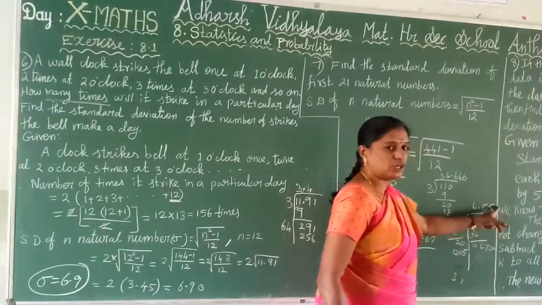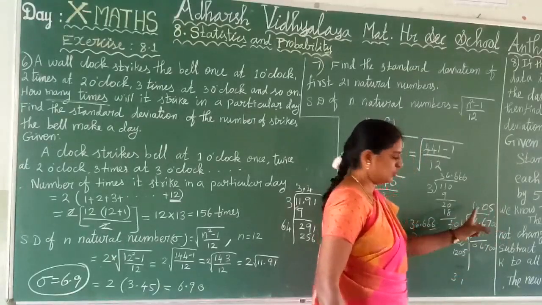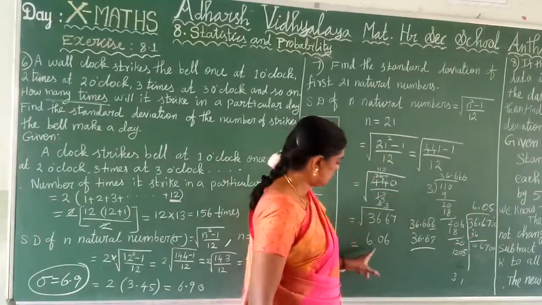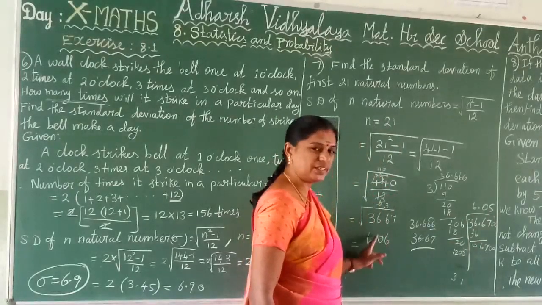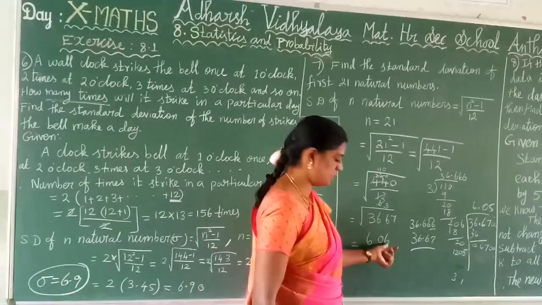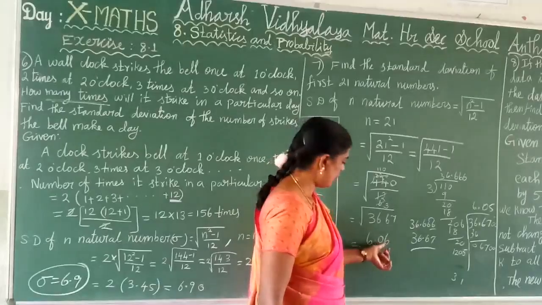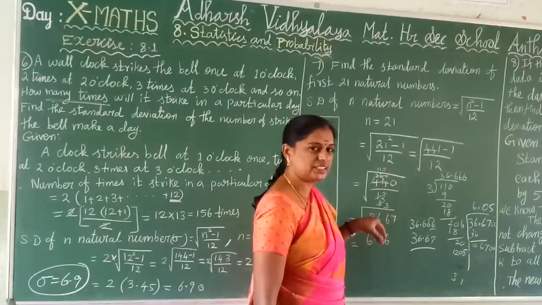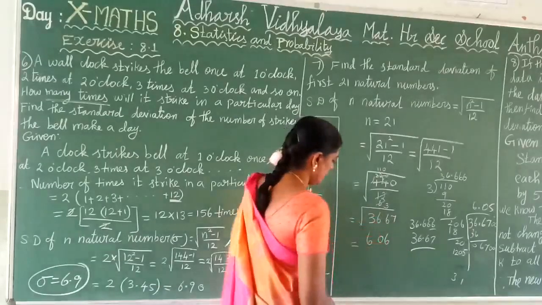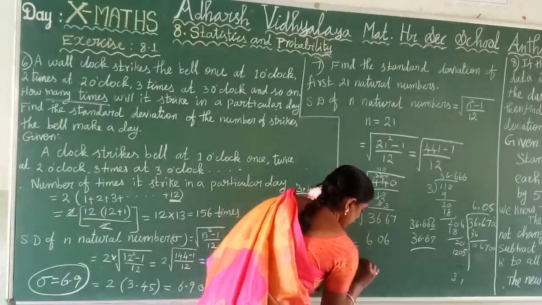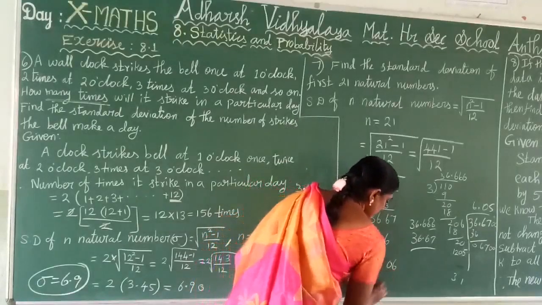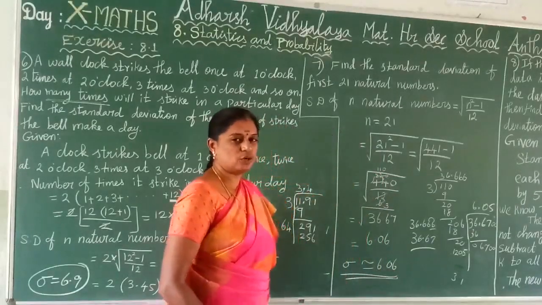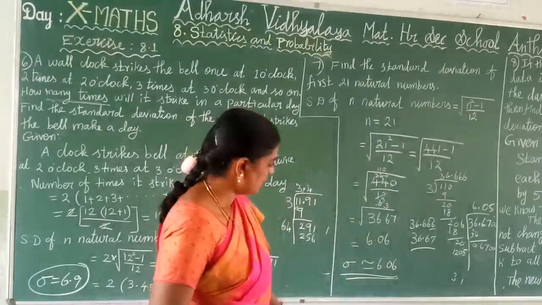And then take one more digit and round up 2 digits. So like that completed means what we get, 6.06. Clear? 6.05 is also a possibility, or 6.07 is also a possibility. So 6.05 or 6.06 or 6.07, these three answers are also correct. It is standard deviation. Clear? So that only, here write standard deviation sigma is approximately, like that written. Clear? Yes or no? So long division method square root we do properly and write the answer clearly.